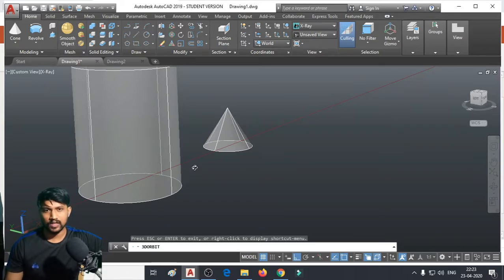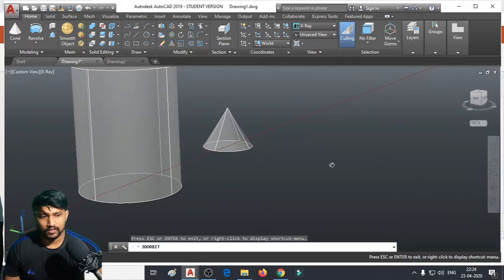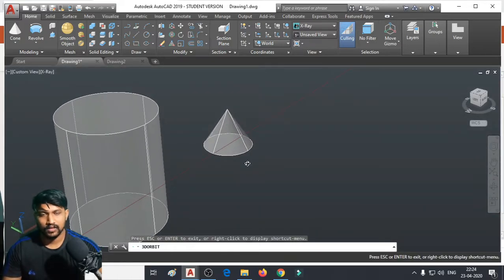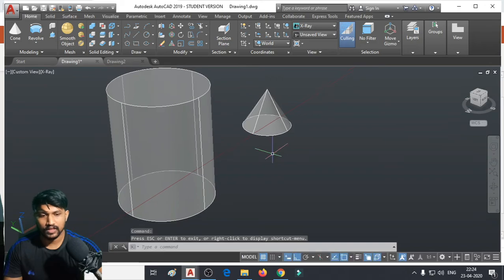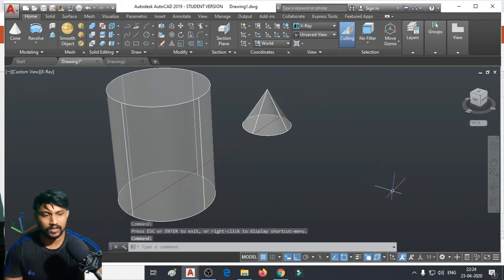Some of the edges may not be visible because they are three-dimensional objects. Those hidden edges have to be represented with dotted lines according to the Bureau of Indian Standards.